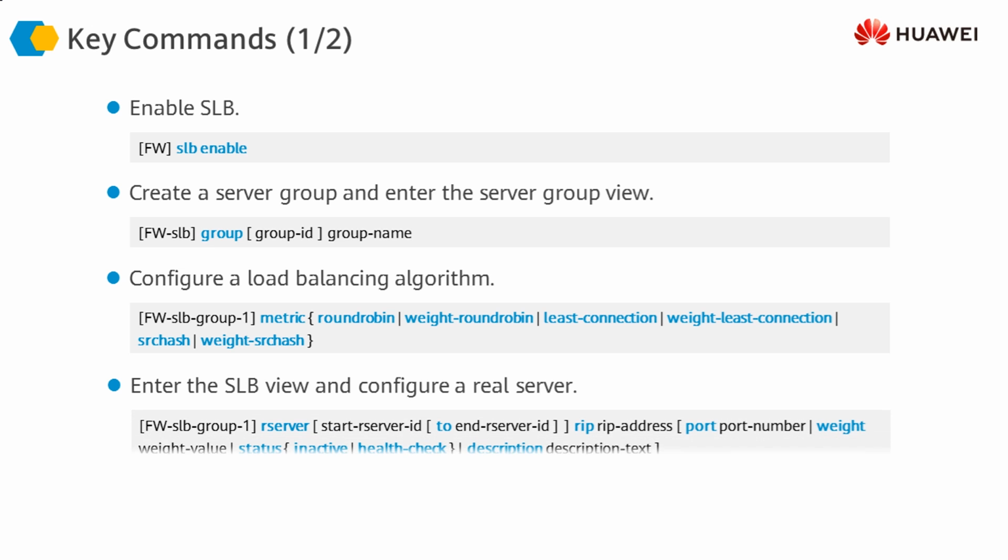Finally, we add the real servers to this group. Our server means real server. We add real servers to this group one by one, either one by one or in the form of a group, but generally it's done one by one. So we define the server, assign it a server ID, and then assign the IP address and the port number if we want. And we can also assign a weight to the server for weighted round robin or weighted least connection or sticky session. And finally, we enable health check on the server.